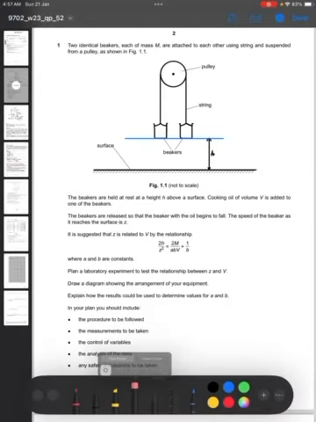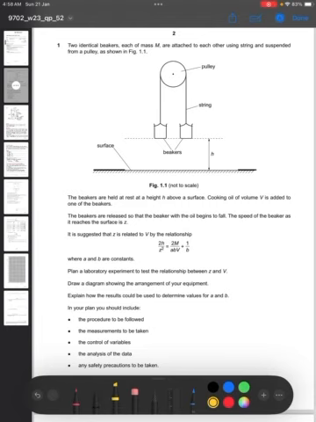So I want us to first of all do number 1 and then number 2. Number 1 says 2 identical beakers, each of mass m, are attached. I believe we can see the beakers. It's important to see the beakers. These are the beakers. They are attached to each other using a string. There is the string